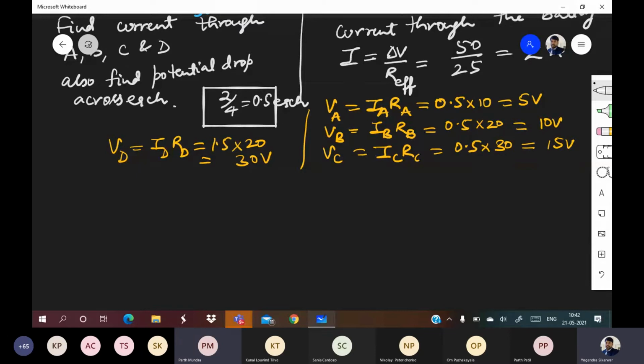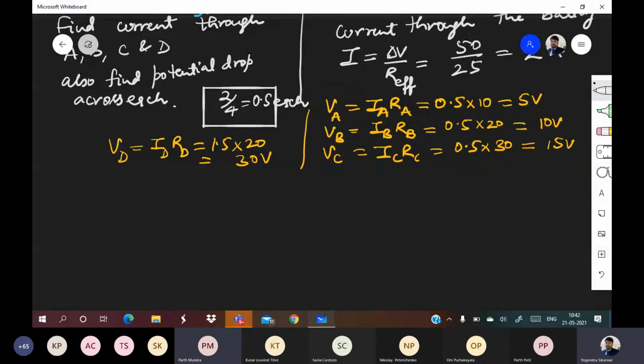Sir, is the total potential, like the 50 volt thing, and all these add up to the same thing? Because this is adding up to 60, right? See, try to understand. The potential difference created by the battery is 50 volt, and that 50 volt will be dropped across various resistances. But when they are in parallel, then you simply don't count it the way you are doing it right now.